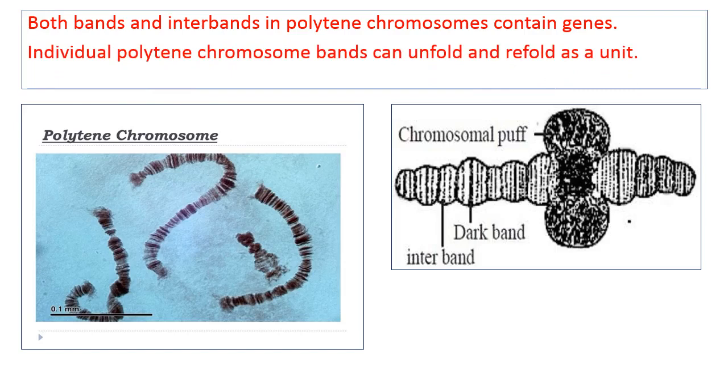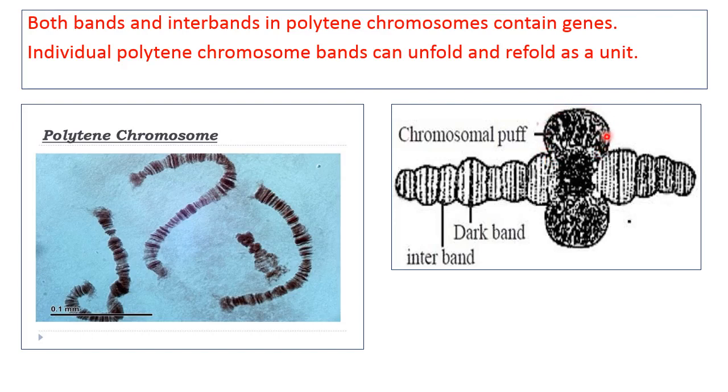This figure indicates the polytene chromosomes. These are thick, and one can observe some dark and light bands along the entire length of these polytene chromosomes. This is an enlarged picture of a polytene chromosome. These are some light and dark bands as represented, and this is the portion of the polytene chromosome where a